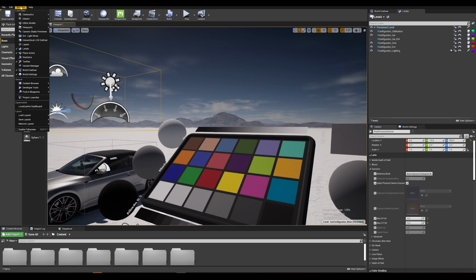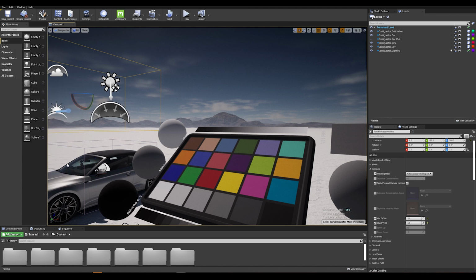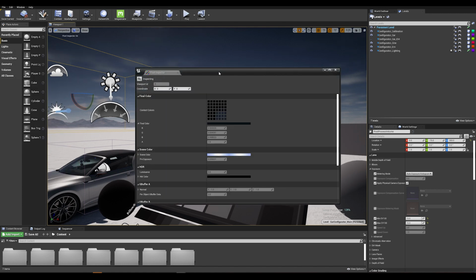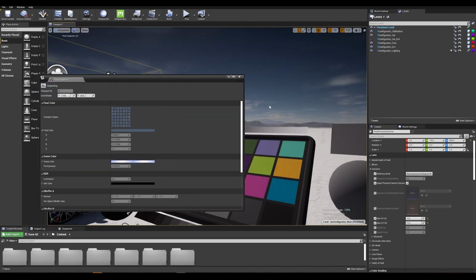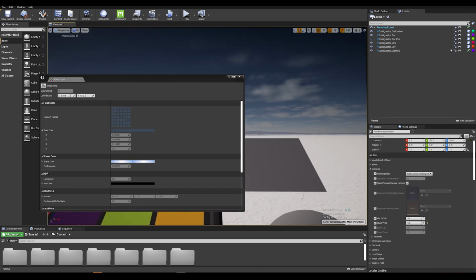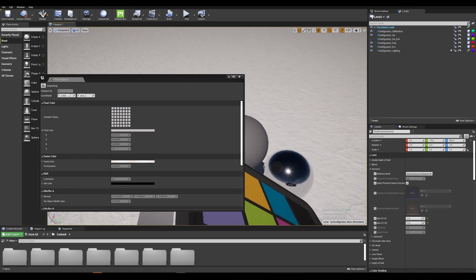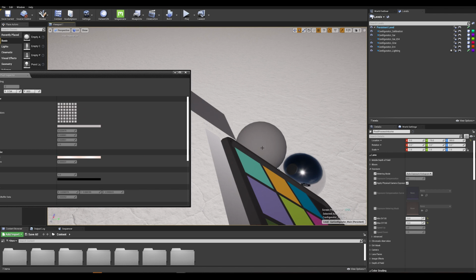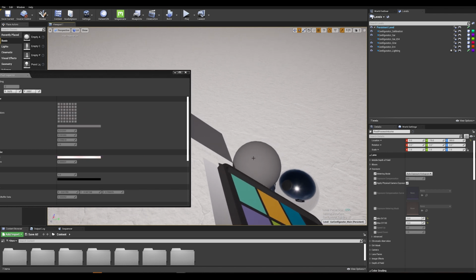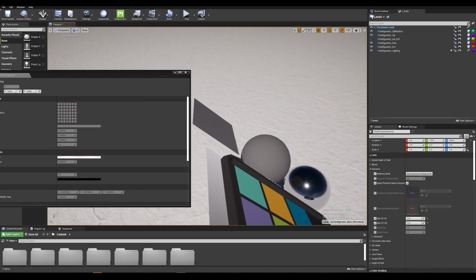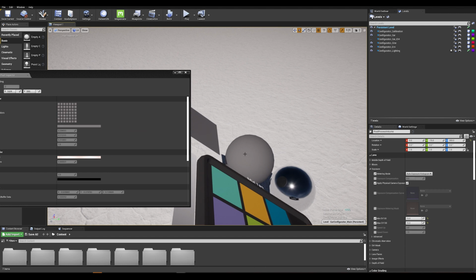So if you go into the Windows tool and go to Developer Tools and then Pixel Inspector, this will bring you a window where you can actually check the gray values. So if I place my camera actually to where the sun is hitting and check that gray value, we can see that we are hitting that 18% to 20% value of gray, which is really good.